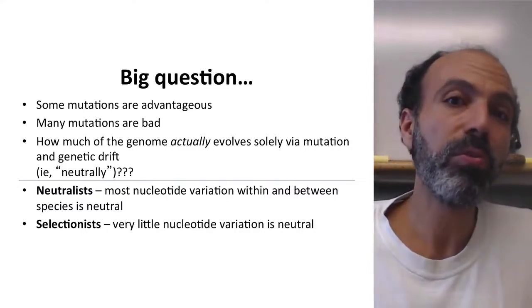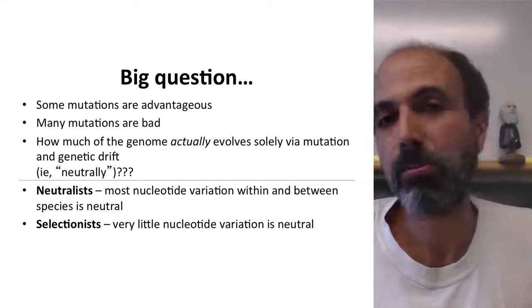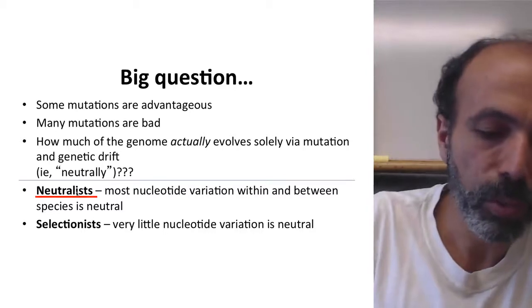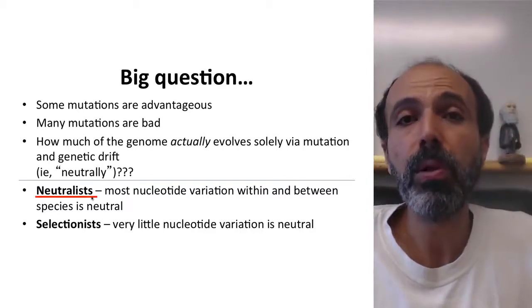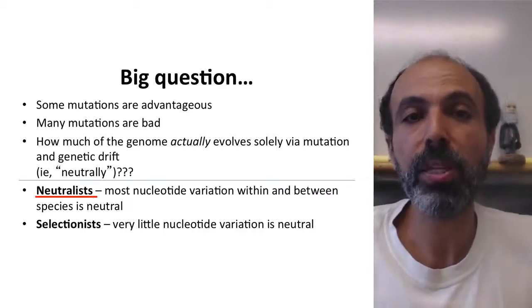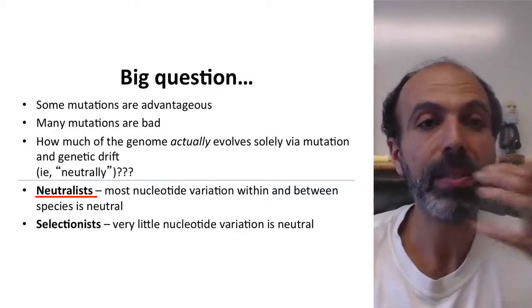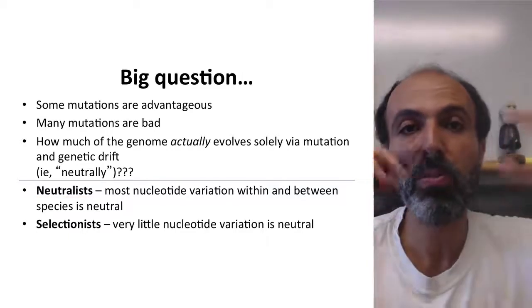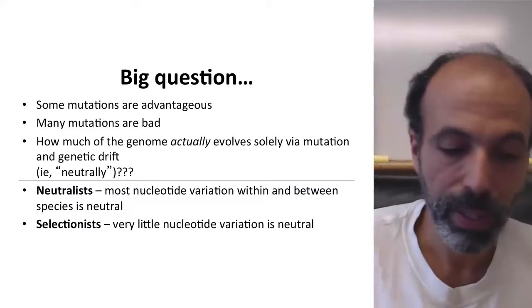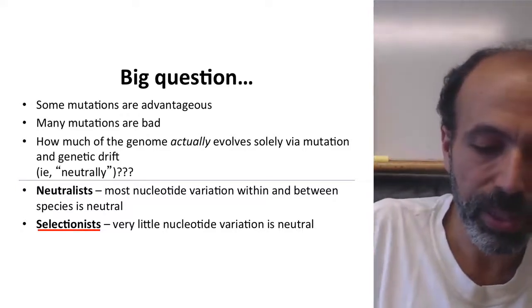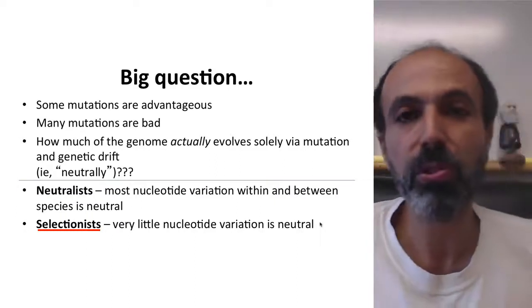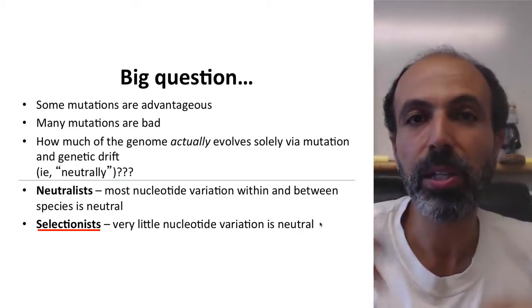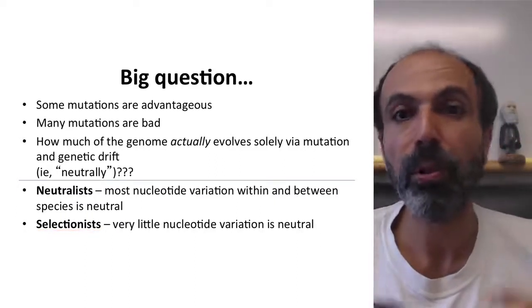Well, there are two schools of thought that have been around since the 1960s or so. One is the neutralist school of thought, and that is that most of the nucleotide variation that you see present within species tends to be neutral. Okay, so most of the variation you see there within species tends to be neutral. In contrast, selectionists suggest that very little nucleotide variation is neutral, that if you see multiple variants, it could be something like, for example, overdominance, or it could be that particular variants are selected in this population and other variants are selected in that population, so both types stick around.